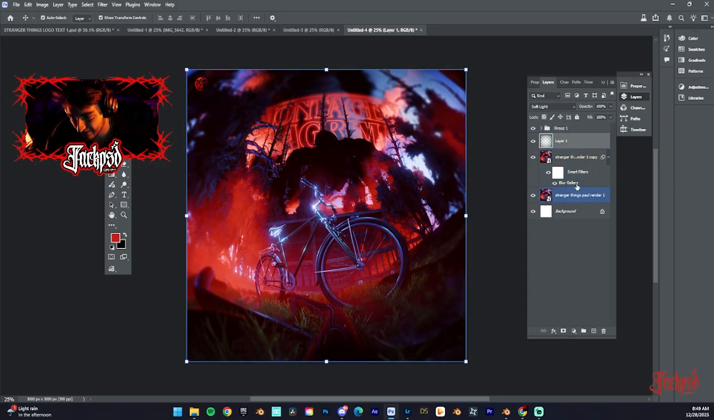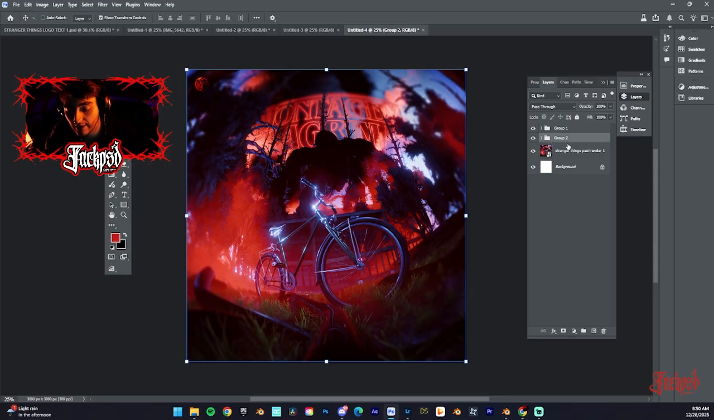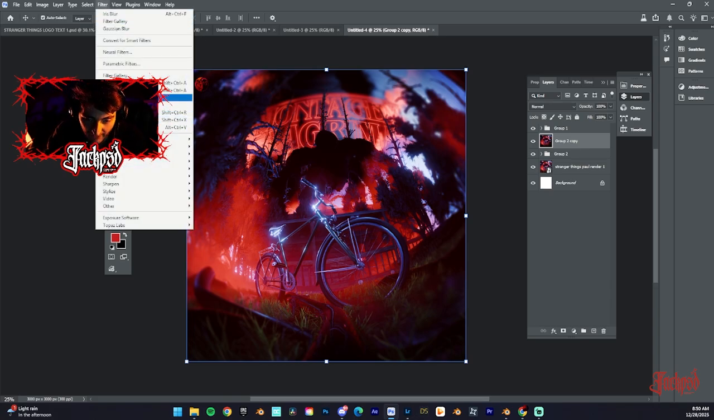Then what we're gonna do next is I'm going to merge our two layers here together. So I still want to keep these just in case we need to ever change anything. So I'm gonna group it, and then I'm gonna duplicate that group, and then I'm going to hit Control E to merge it. And then you can go to Filter Gallery,